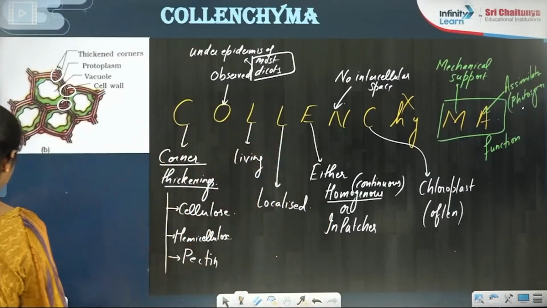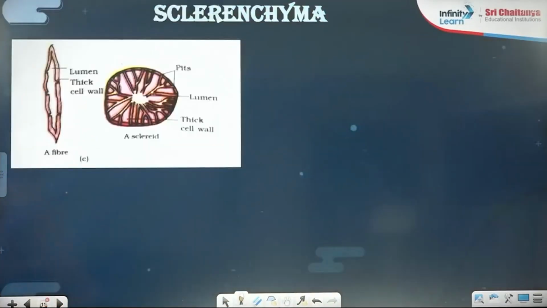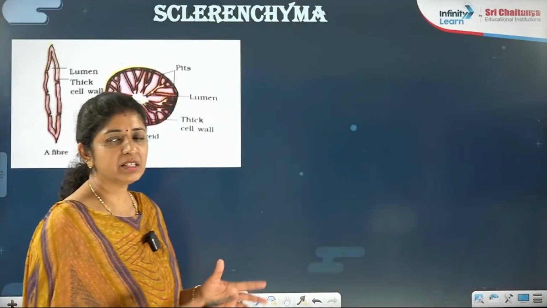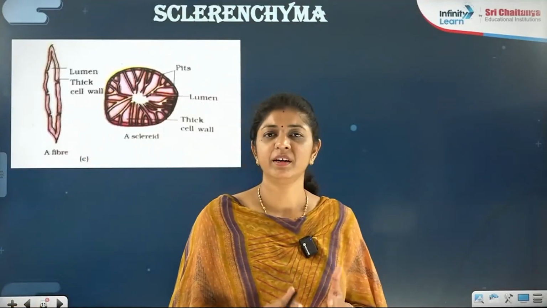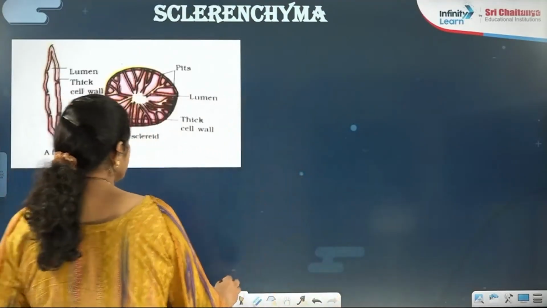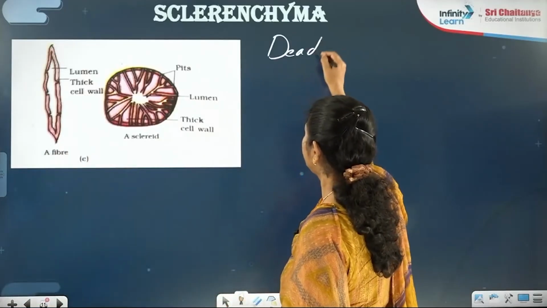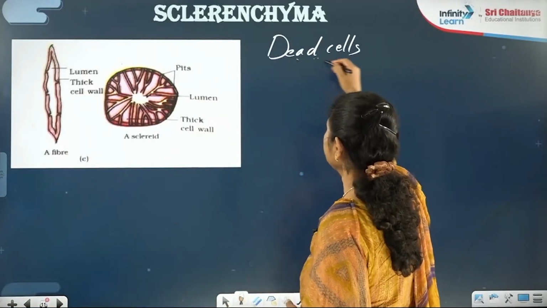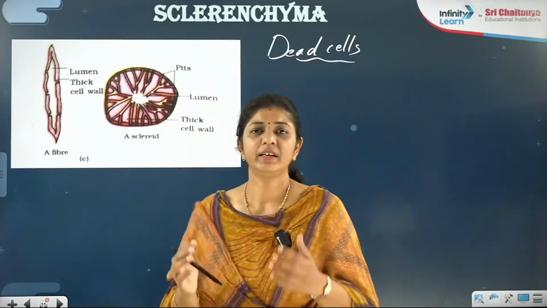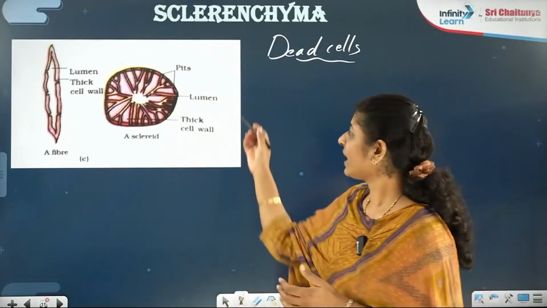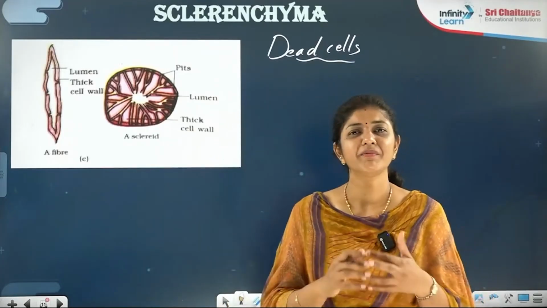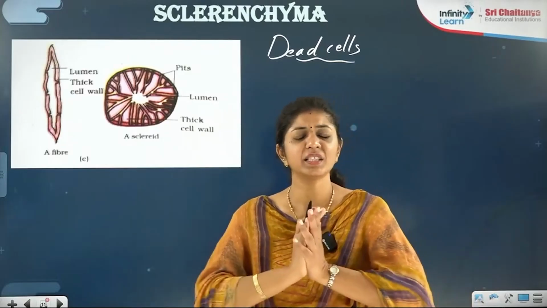So our last thing today we have to discuss sclerenchyma. This is the third type of simple permanent tissue. In this type, do remember, they are very important. Do remember, they are the dead cells. Means this tissue is made up of dead cells. You will not find in the labeling here protoplasm given, vacuole given, inside material is nothing there.